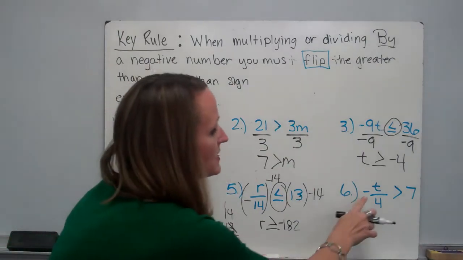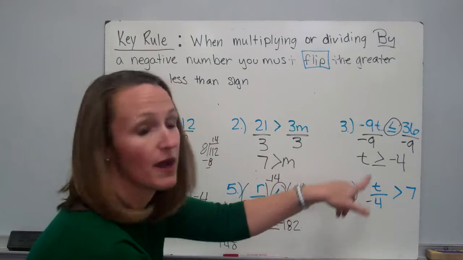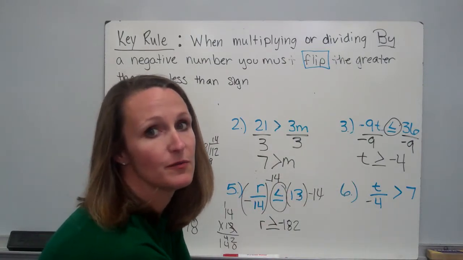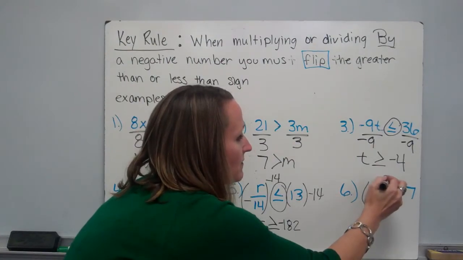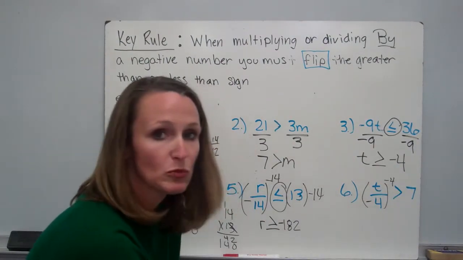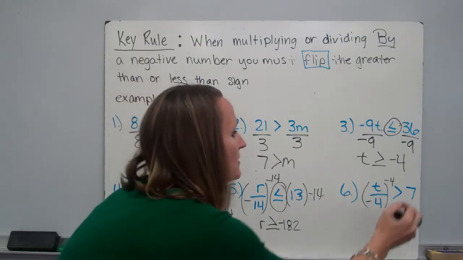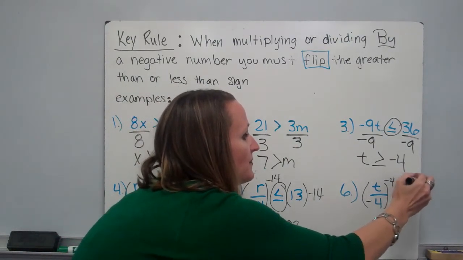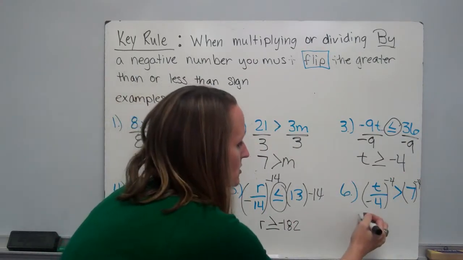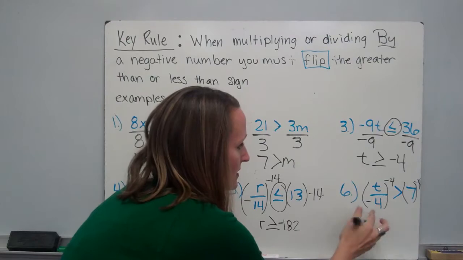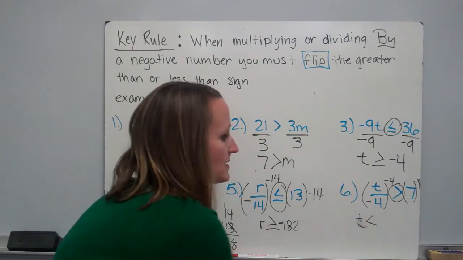Alright, same thing here. You can rewrite the negative with your number at the bottom, because wherever it is, it can be rewritten wherever. So we're multiplying both sides by negative 4. What do we do when we multiply or divide by a negative? Flip the sign. You flip the sign because it is changing the value of your answer due to the negative. So this becomes t, flip it over, is less than